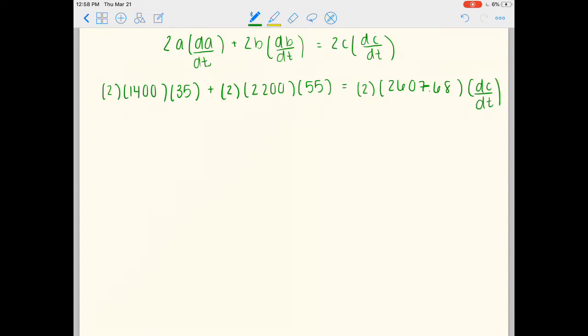Using basic algebra, we can multiply all of these values. So 2 times 1,400 times 35 would give us the value of 98,000. 2 times 2,200 times 55 would give us the value 242,000 is equal to 2 times 2,607.68, which would give us 5,215.36 dC over dt. Adding 98,000 and 242,000, we get the value